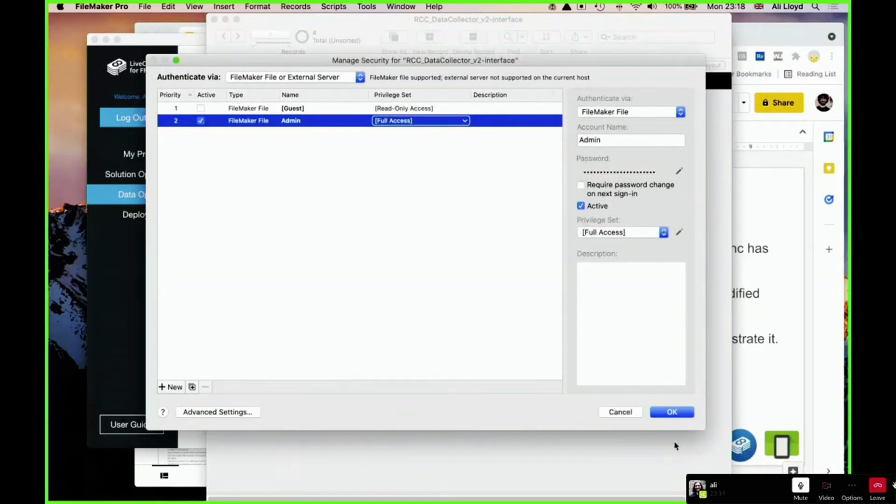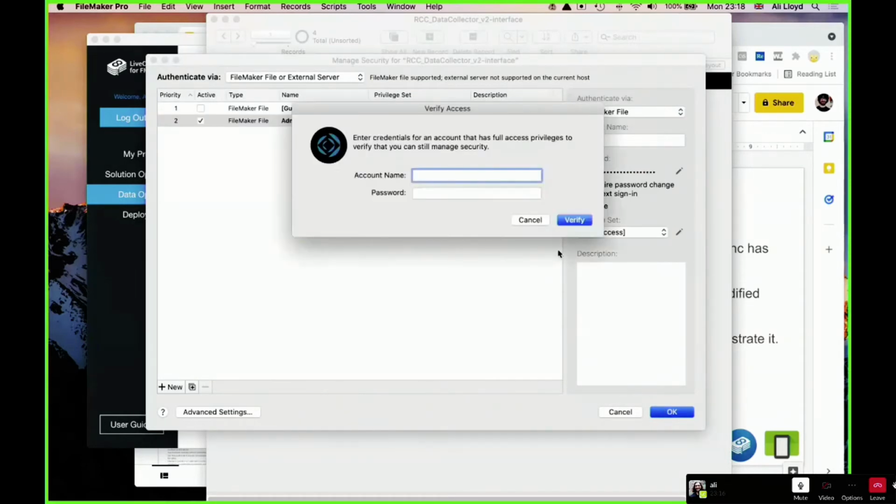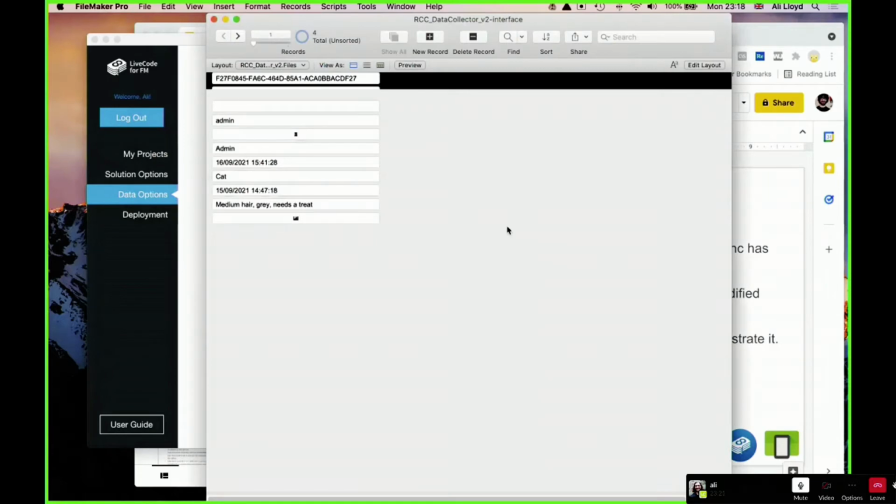Managed to mistype there. And then upload that next to your original solution that you've got hosted.